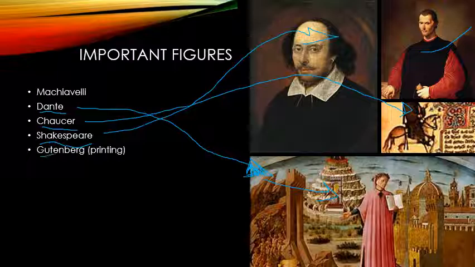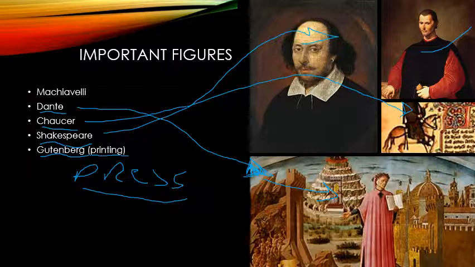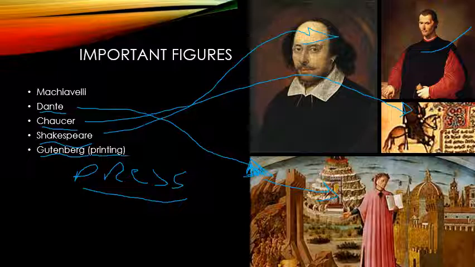Finally, the last important person, I didn't picture him here, is Johannes Gutenberg, who created the printing press. Printing press is going to be a big, big deal. The printing press is going to change the world that we live in. Okay. Why is the printing press so important? Because suddenly now,